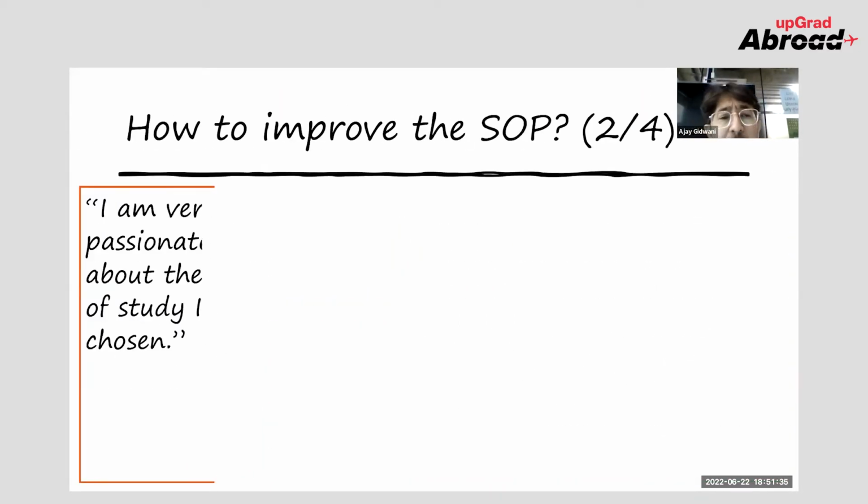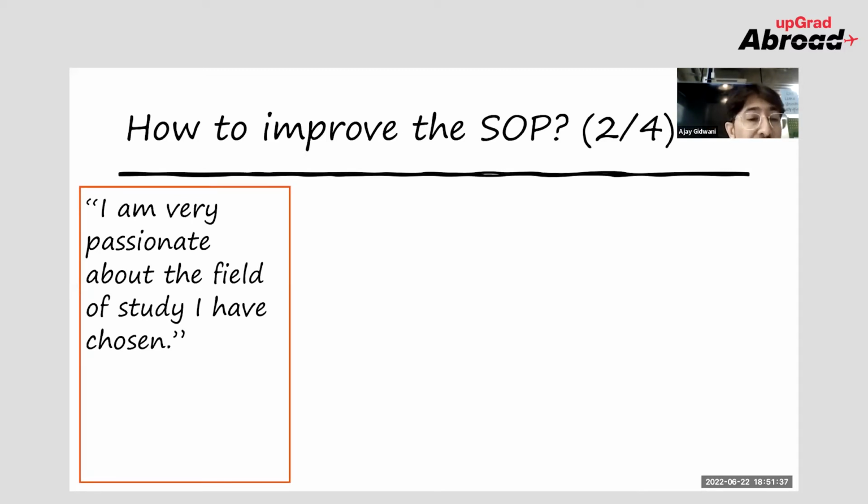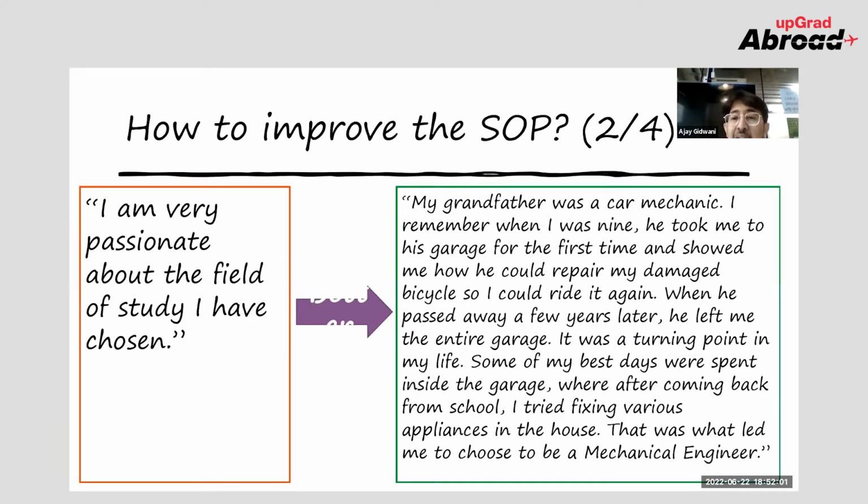Now, case number 2, what it says, it talks about the field of study I have chosen. So what I say, I'm very passionate about the field of study I have chosen. Fair enough. You are passionate, that is the reason you have joined some course. But the important thing is when I talk about SOP, it has to be in the form of storytelling. I have to express myself. So how do I express myself? Say I'm talking about mechanical. I have pursued my mechanical engineering and I need to go into that field. So how do I write?